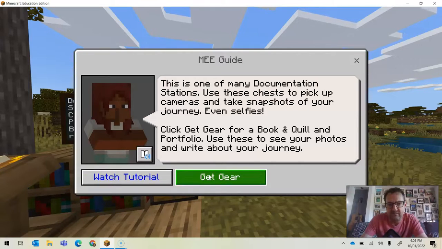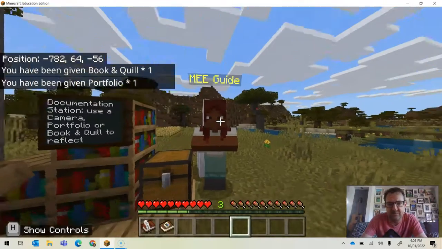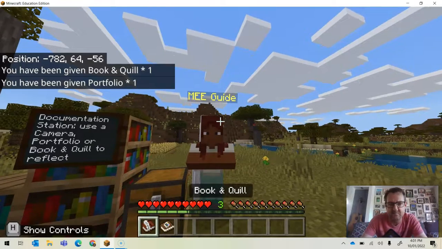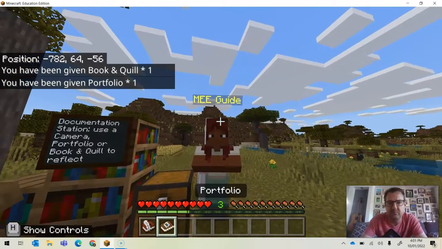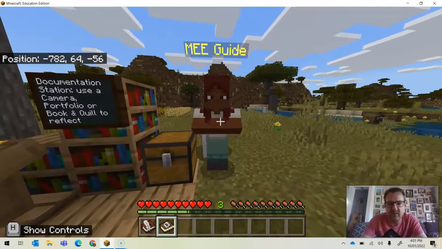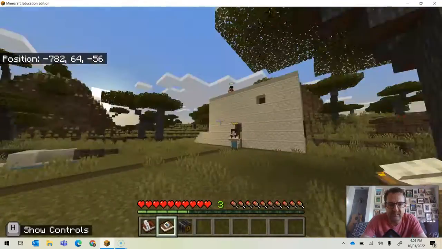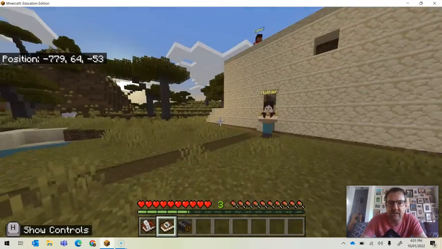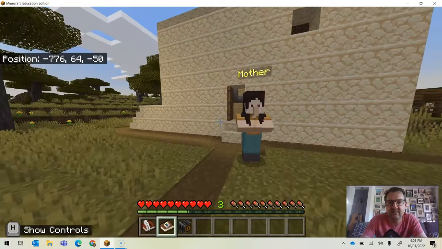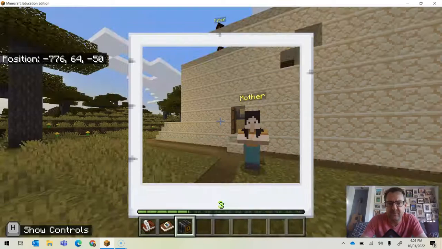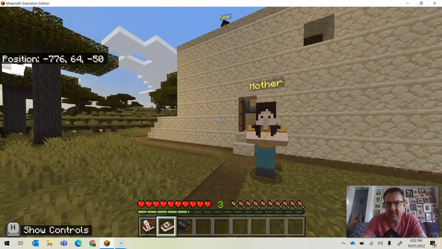and then we give them gear, and so that then when you escape out of that, you can see that they have a book and quill and they've got a portfolio. So with a portfolio in their hand, they can go into a chest, they can grab a camera or two, and then they can go through our worlds that we create as learning experiences, take photographs,